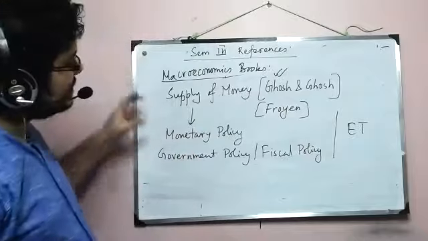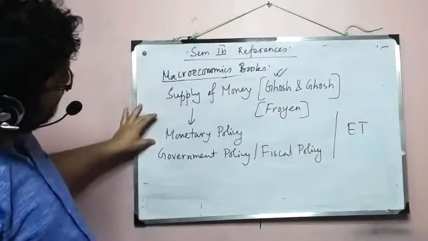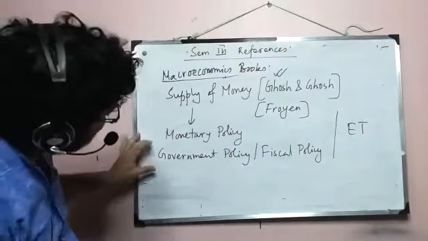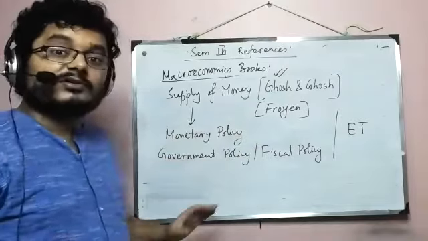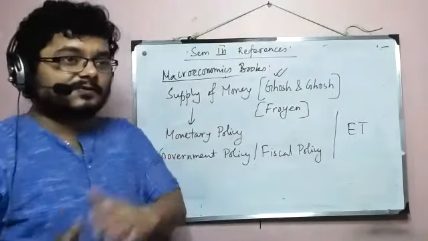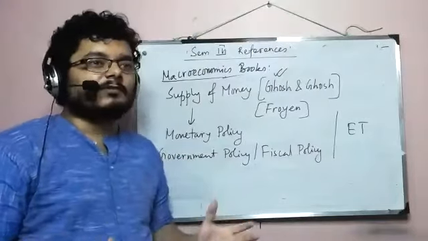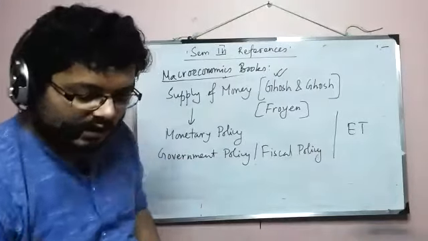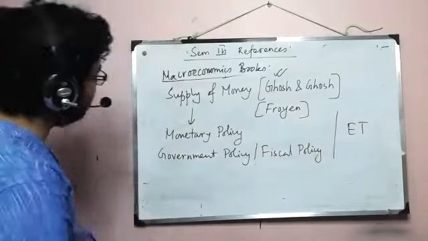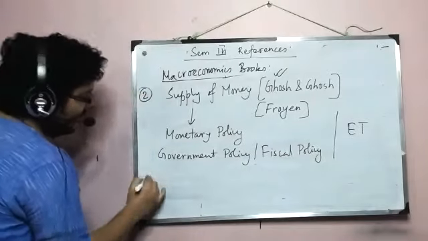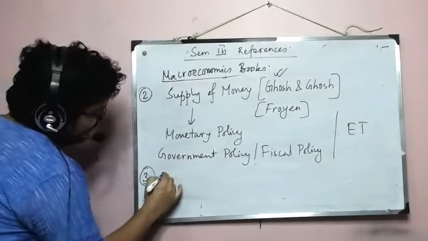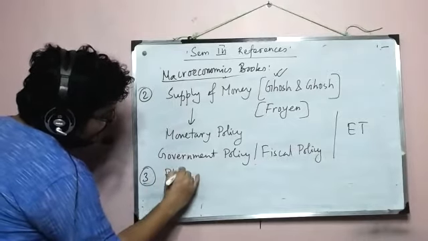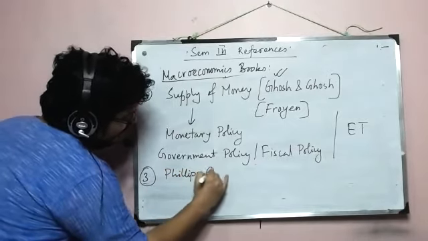Okay, so this is the reason that we study supply of money and then monetary policy, and then we'll also study fiscal policy, so that in a budgetary framework rather than a model framework. Okay. All right. And the third thing, so this is our second thing. The third thing that we have is, if I write it, it's basically Phillips curve in a nutshell.